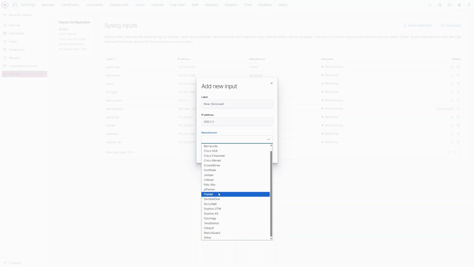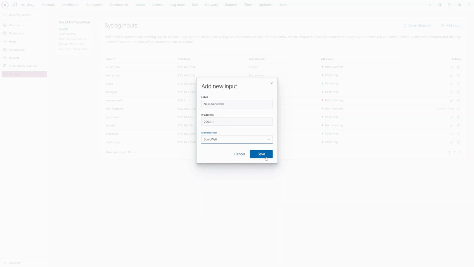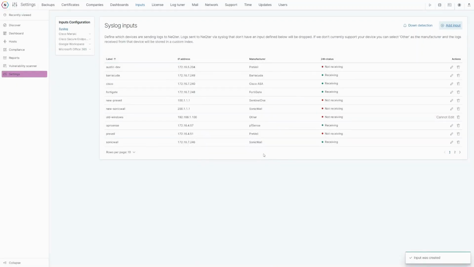syslog export method. If a vendor isn't listed on here, that doesn't mean that we can't pull those logs in and parse them. We just have tailor-made and parsed support for the ones on this list here. But sometimes you might have something that maybe is a little less interesting, like a switch, where that would just go into this other designation here. We grab those syslogs, pull them into the other designation, and we can parse, search, and visualize those logs as well. But we're talking about Sonic Wall, so we'll select Sonic Wall here, hit save, and that is